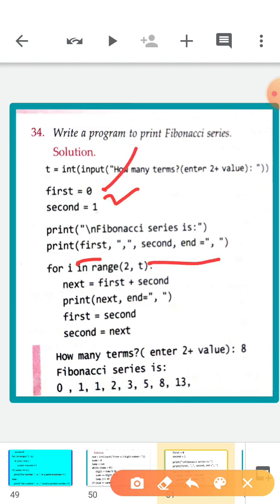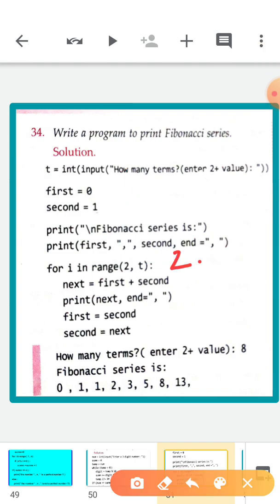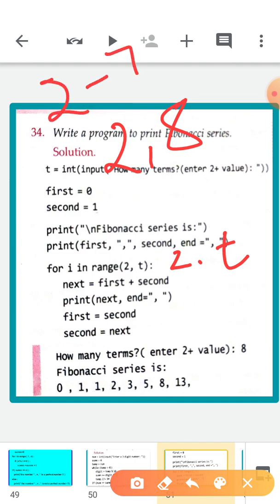So initially we have to start with 0 and 1. After that we will have those values automatically. Okay, then for i = 2 to less than t, where t means you are having 8 terms. So 2 comma 8, it means it will deal with 2 to 7.